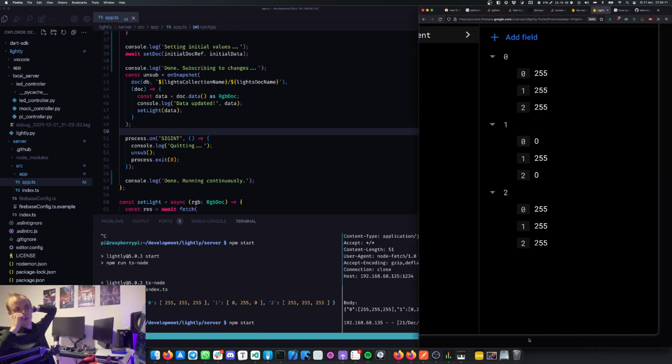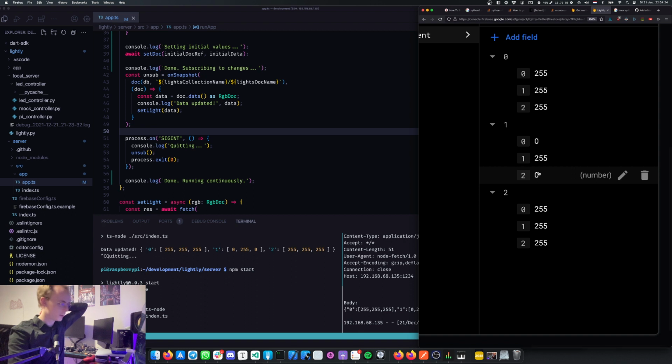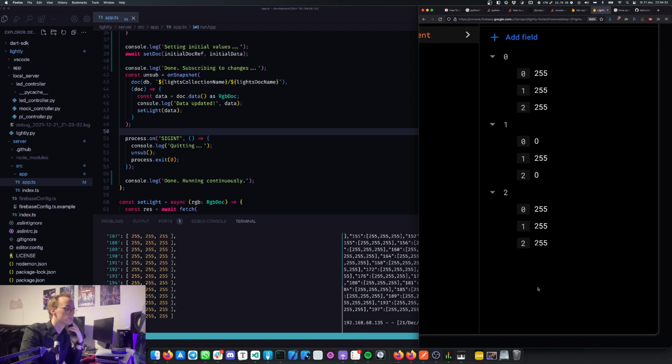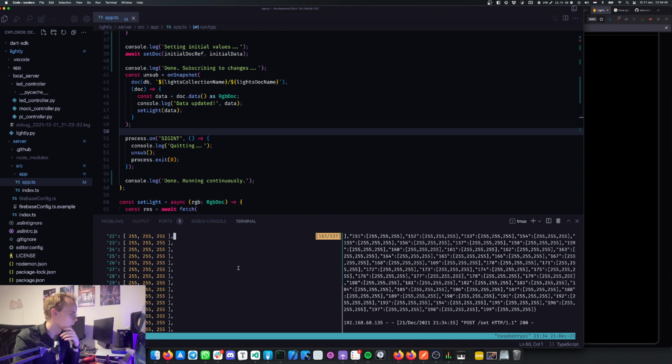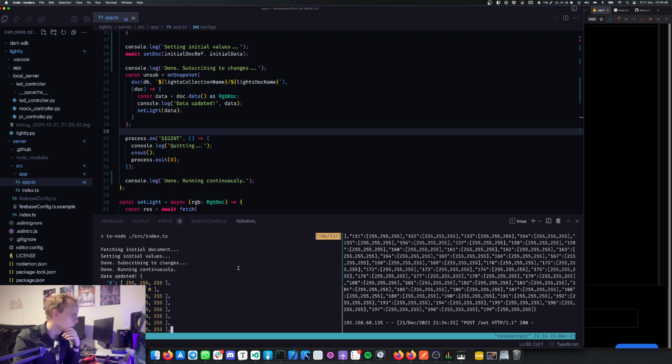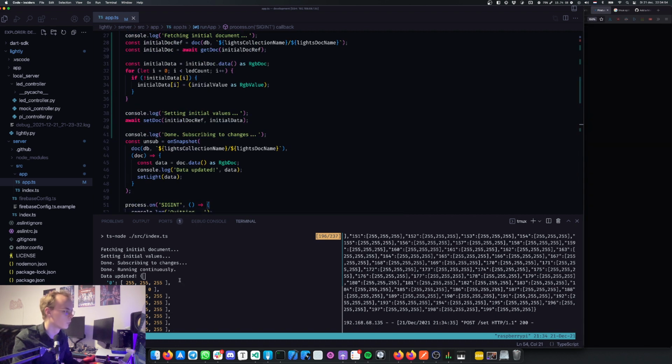This should be populated with a whole bunch of white values except for one. Number 2, index 1. That should stay at 0, 255, 0, and the rest should be white all the way down to 199. I'll refresh. I'll give it the benefit of the doubt. And oh boy, what is happening? Oh, I'm in Vmux, so. What is it doing? Data updated. Oh, the subscription is happening before